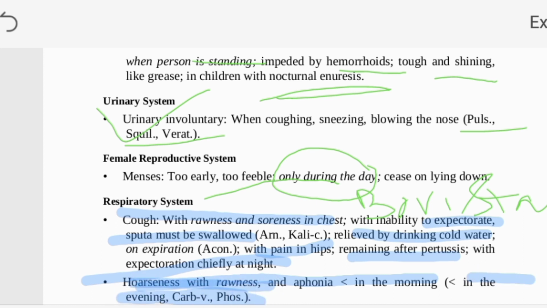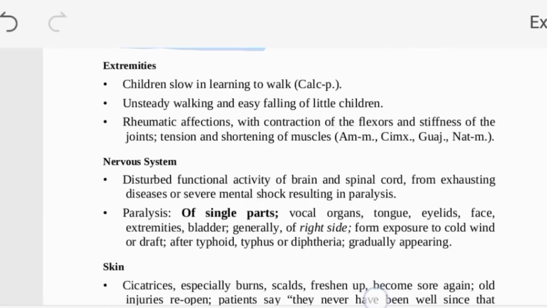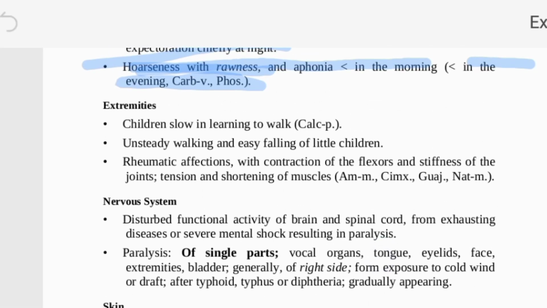Extremity: if we go towards the extremity, Causticum is mainly given in case of children, like Calcarea children, who are slow learning to walk, unsteady and easily falling on little ground. Then always remember these five points of tension,